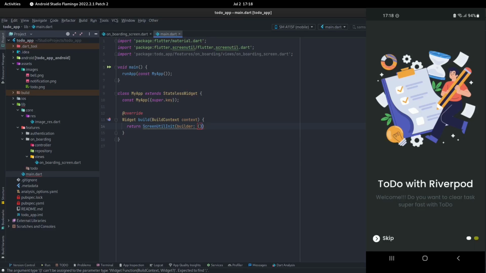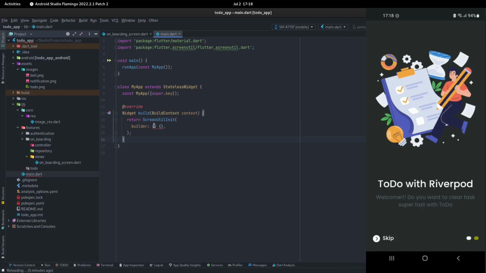So when we open this up, sorry, that had to be a comma. When we open this up and we see that this person wants to give us something, right? They're giving us a context and a widget. So they're giving us a context and a child widget, all right? So the context and the child widget,